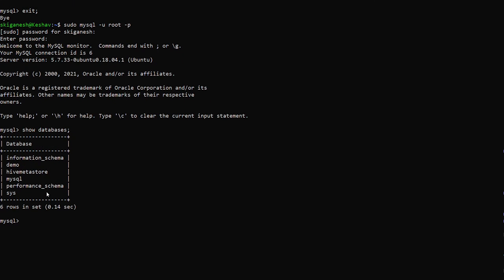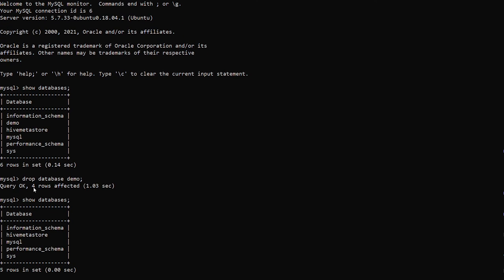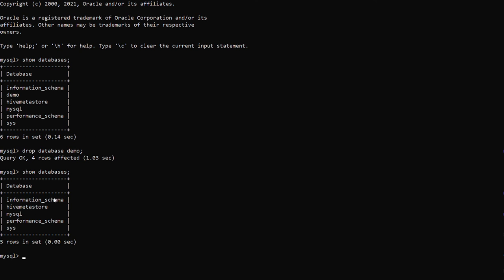It is showing demo, Hive Metastore, MySQL and other databases. We are going to drop the database demo. Show databases. Since we have 4 tables in demo database, it shows 4 rows affected. Now we don't have the database demo available in our server.